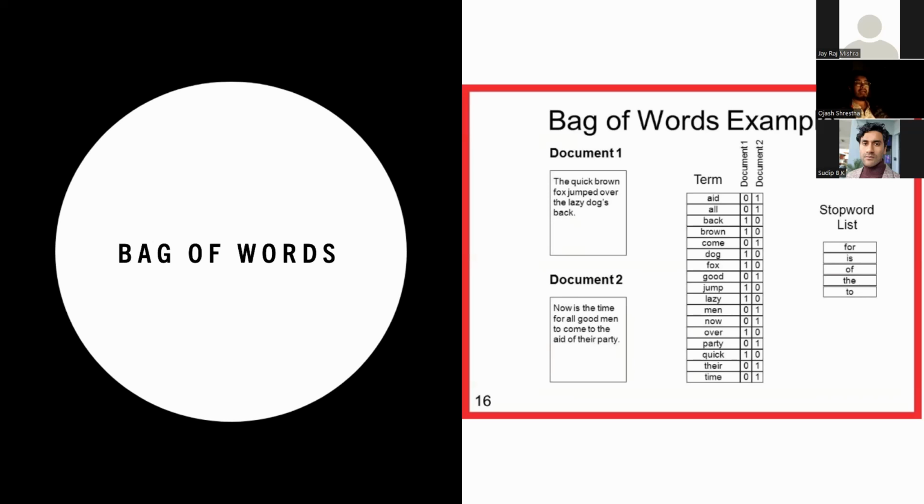So we give 0 to a term that's not in the document and 1 to one that is, and we make this huge sheet of words, right? So this is basically the bag of words, and this is what we later use to find the sentiment and understand these words, like which of these words, if used in our text, like in a review from the customer, is going to be negative or positive, right?